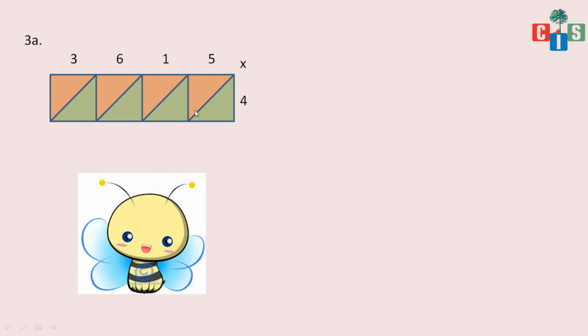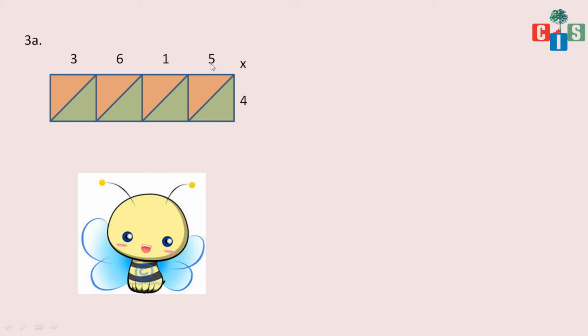The third A part, which method is this, students? Do you remember? Yes, it is the lattice method. It is a 4-digit multiplicand with a 1-digit multiplier. Okay, so we have 4 columns and 1 row. So 4 5s are 20, and likewise the orange ones are representing what? They are representing the tens place. Yes, and the green ones are representing the ones place. Yes, so we will start the multiplication.